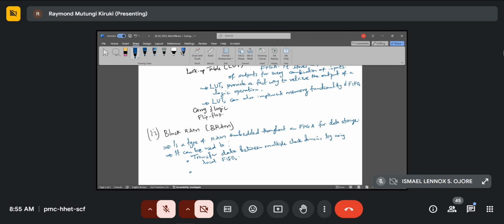It can also be used for transferring data between an FPGA target and a host processor via direct memory access FIFOs. The other application is that